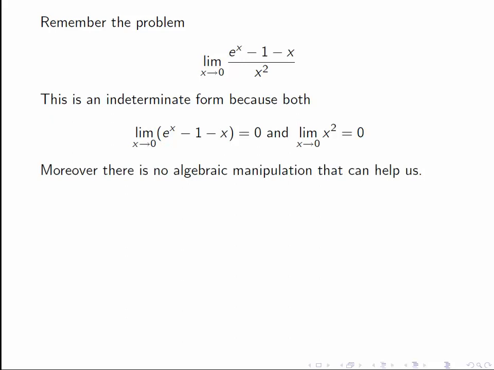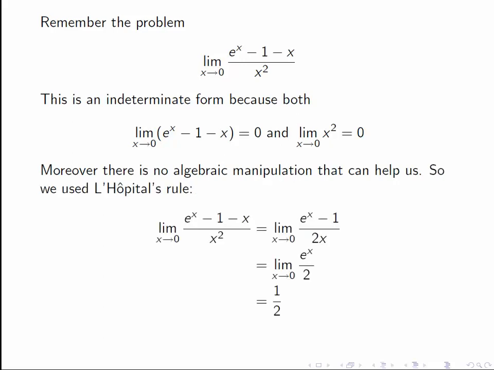And so in the past, we used L'Hopital's rule. There was no way of algebraically manipulating this expression so that we could just evaluate. So L'Hopital's rule just enabled us to differentiate the top and the bottom, and it says that the limit stays the same. We differentiate once, we get e to the x minus 1 over 2x, and we still have the same problem that the top and the bottom both go to 0. We differentiate again, we get e to the x over 2, then we can take the limit and we get